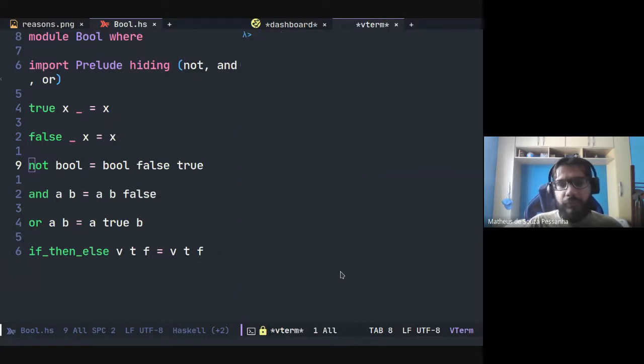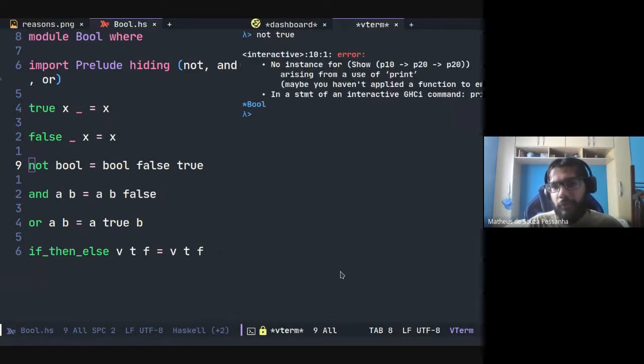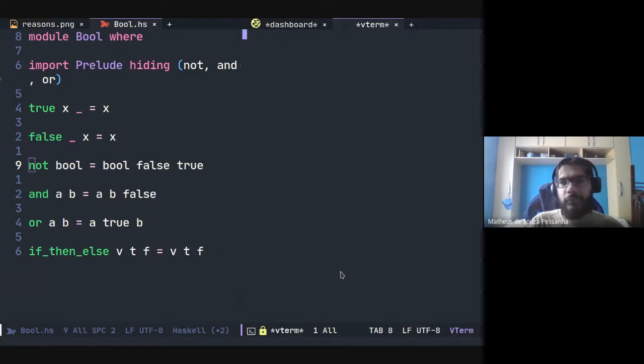Okay, true and false. Now let's try to test not. So if not returns true, oops, let's print. I'm not sure if it will work, but okay, no. To print something on the screen, it needs to be part of the Show type class, and I didn't implement a Show instance for any function here.